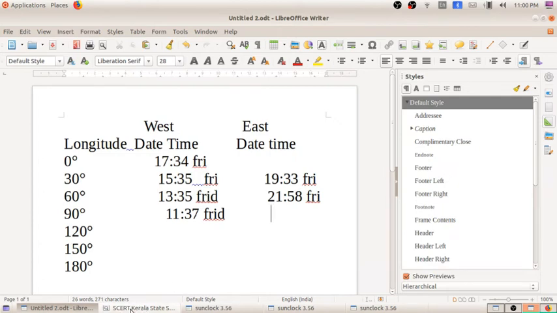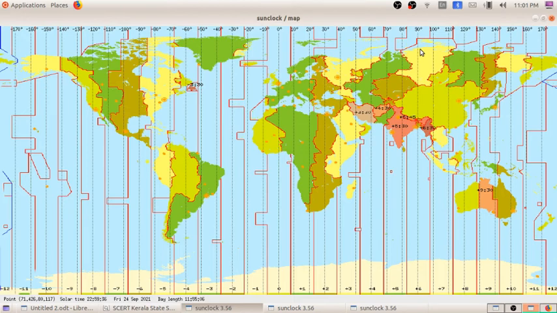Just a second. This is the 90 degree. I am clicking on the correct 90 degree. Okay, this is 23:38. So we have to correct it. We have to click on the 90 degree longitude itself. So I am clicking on the correct portion. What is that solar time? 23:38.